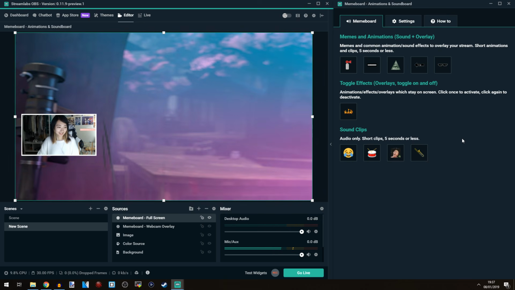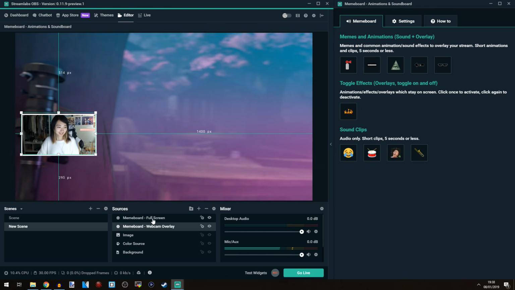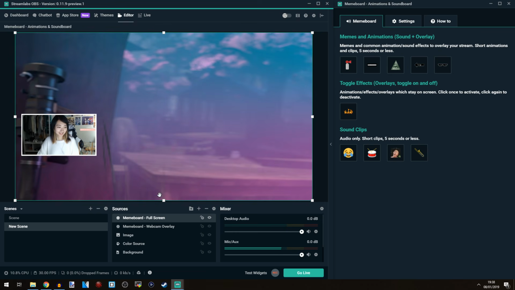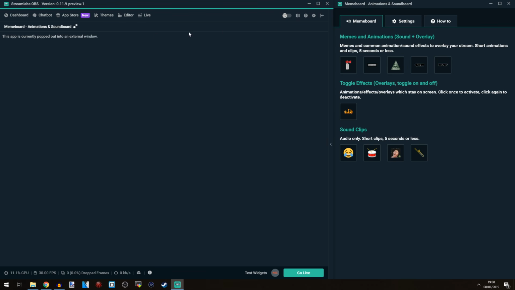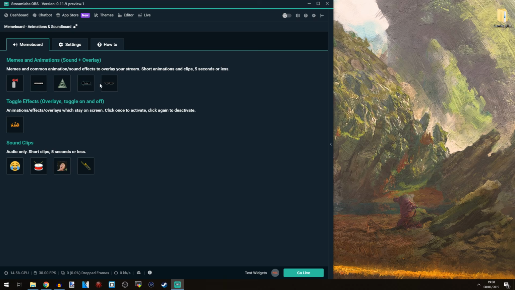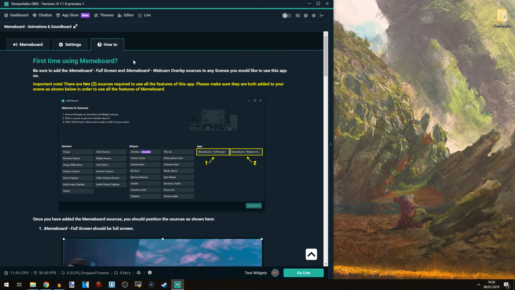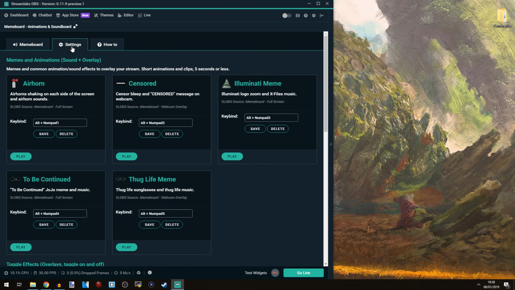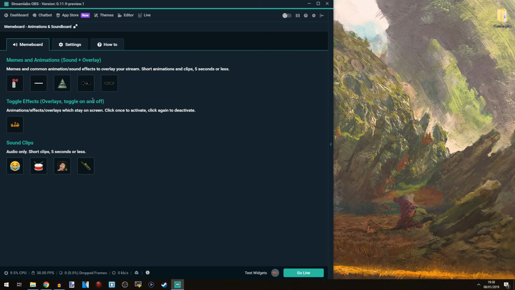That's basically all you need to know, and I'll just remind you again, make sure you add the 2 sources, full screen and webcam overlay, position them to cover your webcam, and full screen will be full screen by default. The top nav is where the app lives, so you click this, and if you've got it popped out already, then it's still popped out. But if you don't have it popped out, if I just X out now, you'll see this is where it lives. If you ever forget how to do something, check this how-to tab, and to change your keybinds, it's in the settings. And basic usage is based off your keybinds or